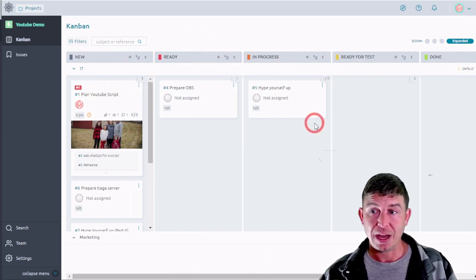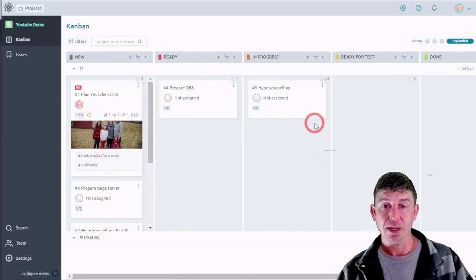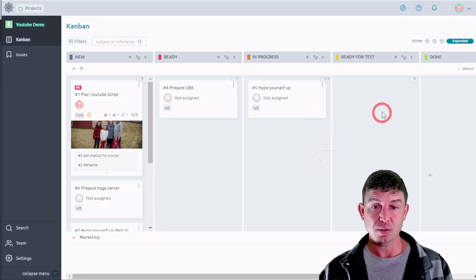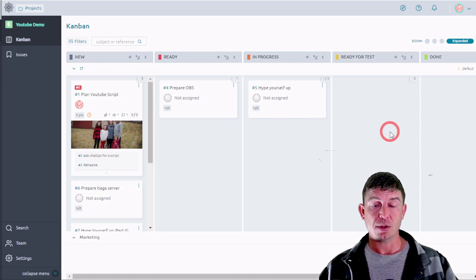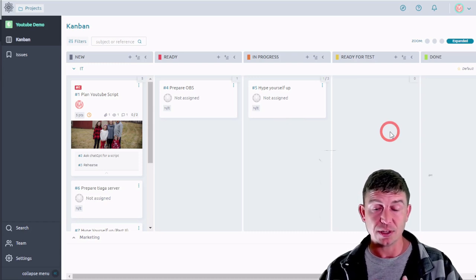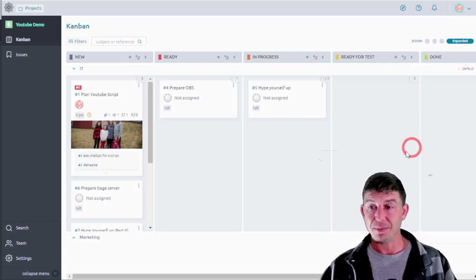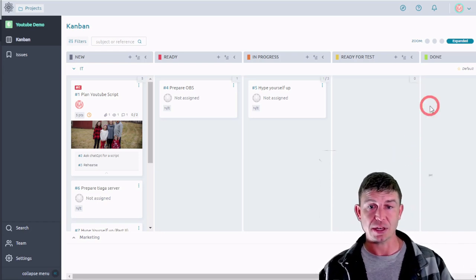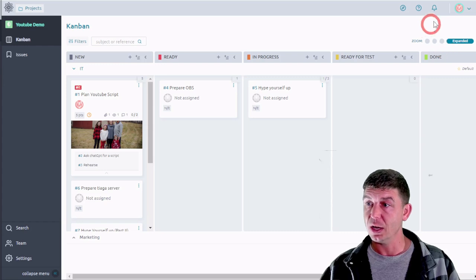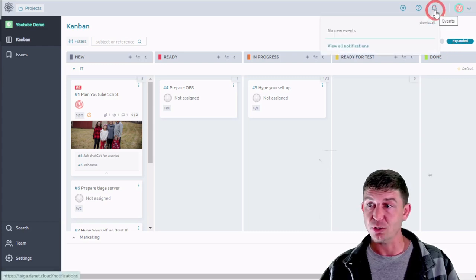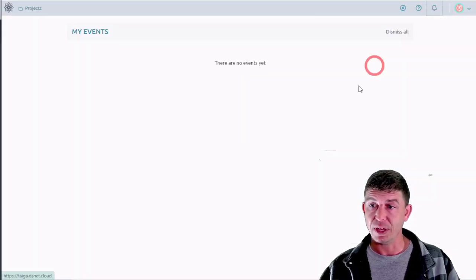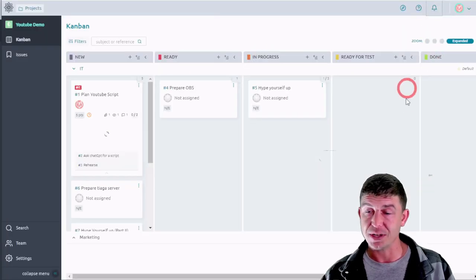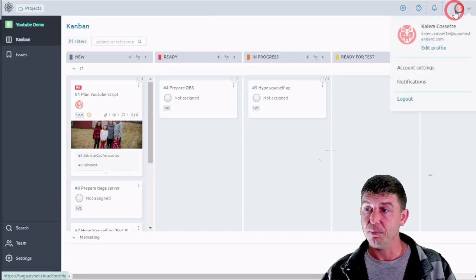You do need to have, for Taiga to work properly, some sort of an SMTP server or an email server that you can use. There are ways to use a personal Gmail address, for example, so that when something happens in Taiga, it will use your personal address and automatically send an email out to whoever needs to receive a notification. There's also a button up here for notifications. It'll let you know if anything that you're watching or assigned to has changed,